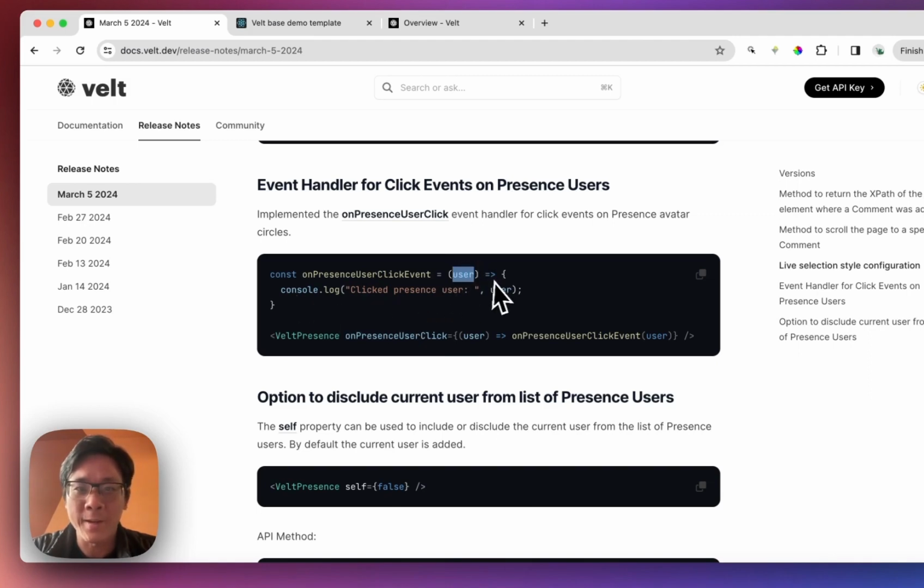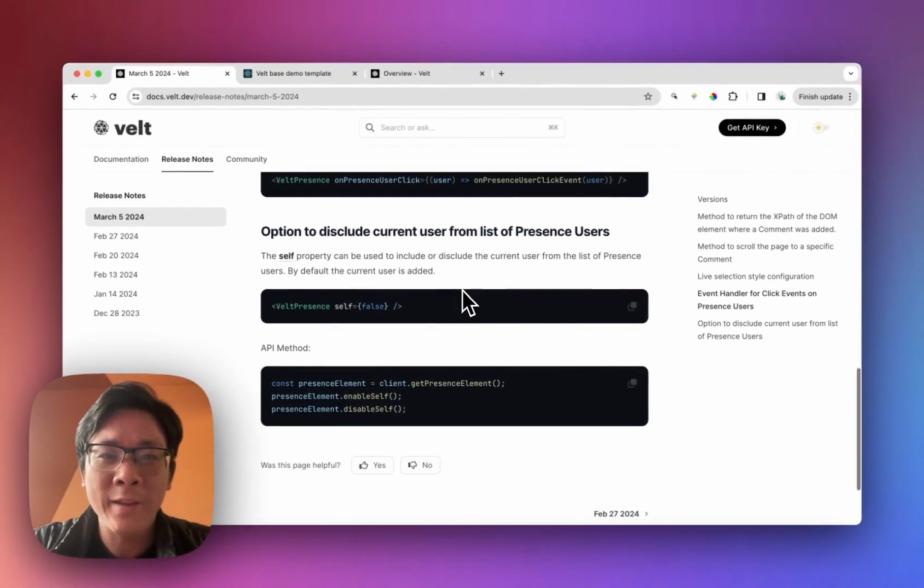Here we're just logging. All right, and now we have the last feature of the day, and this is an option to exclude the current user from the list of presence users. We have API methods to give you a list of everyone who's online at the same time as you through presence. And if you want to exclude the current user because your logic doesn't need them, then you can add